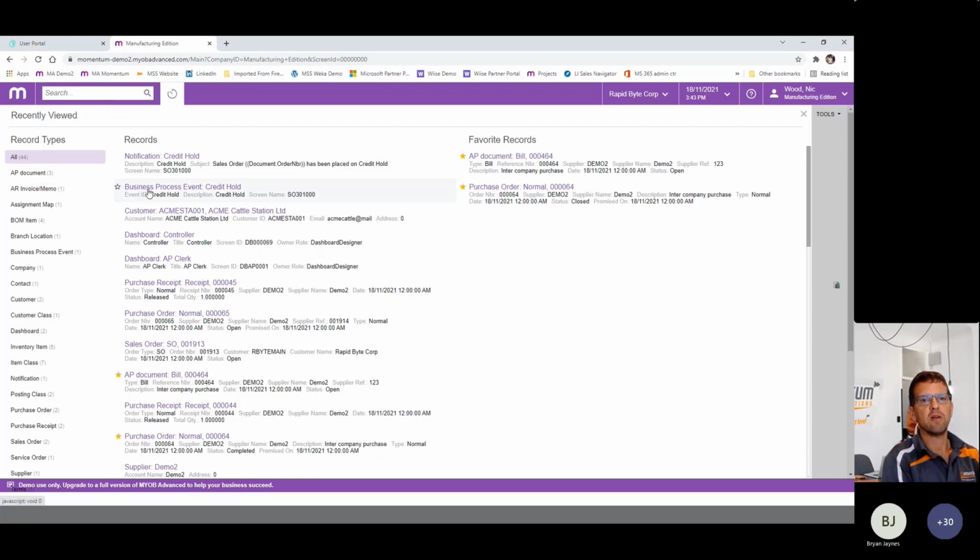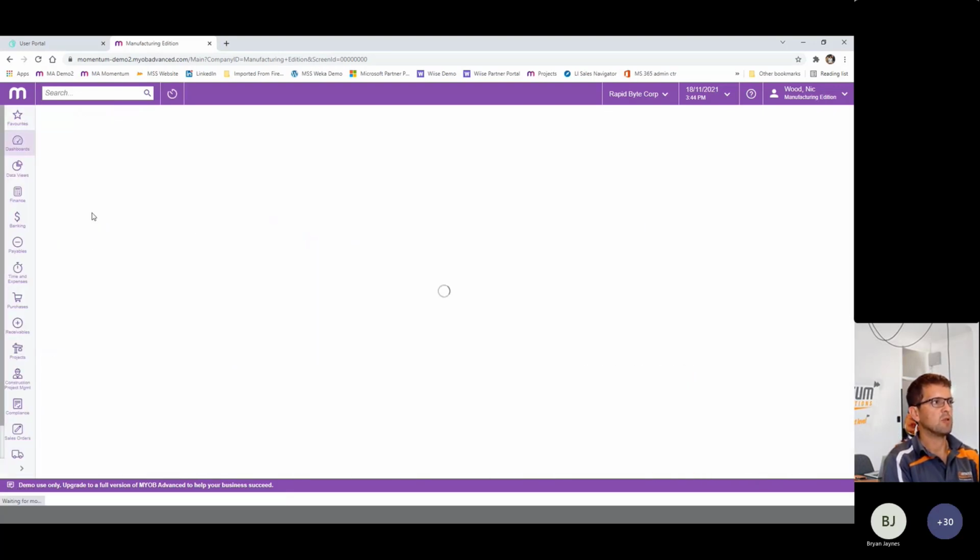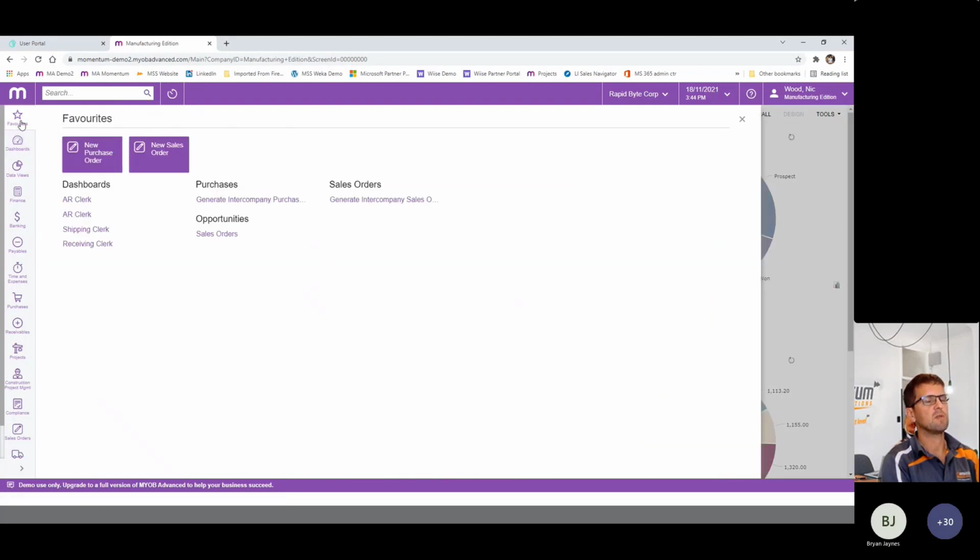Now, if you're working on, say, a large project, frequently going into that project record or a customer record, clicking the star next to those records in this history will add them to the frequently accessed documents. In much the same way that you can use the favourites on the regular menu to add favourites for frequently accessed menus.